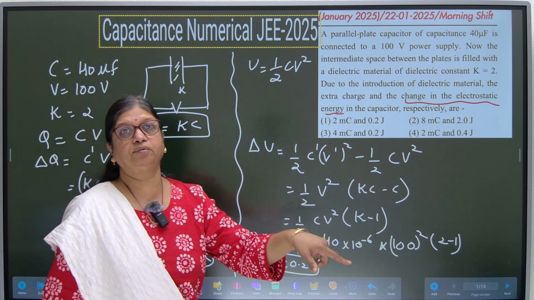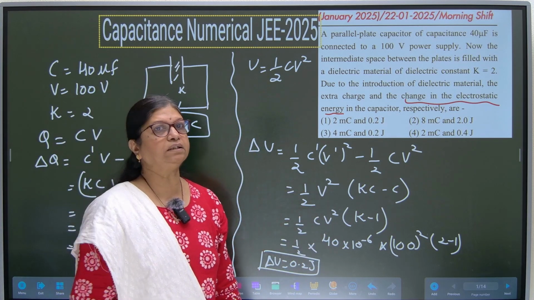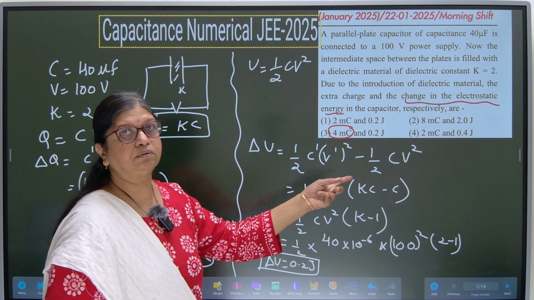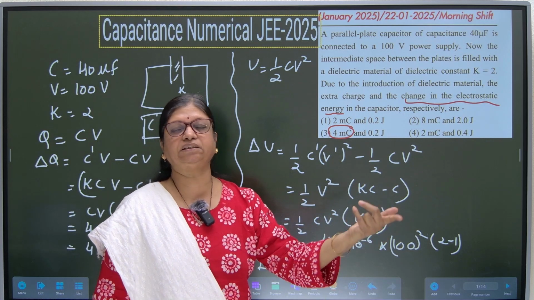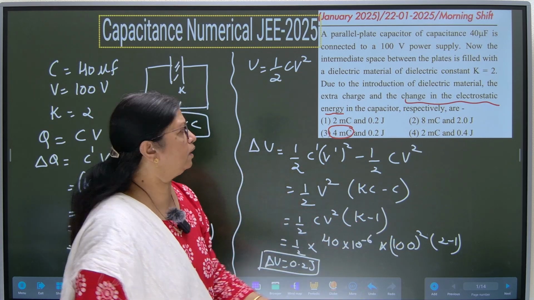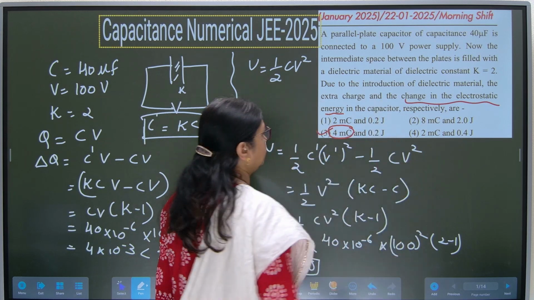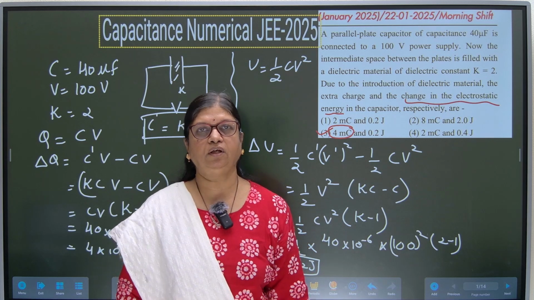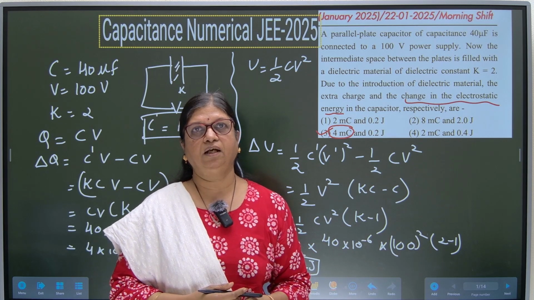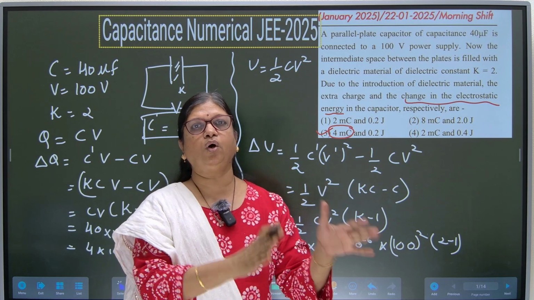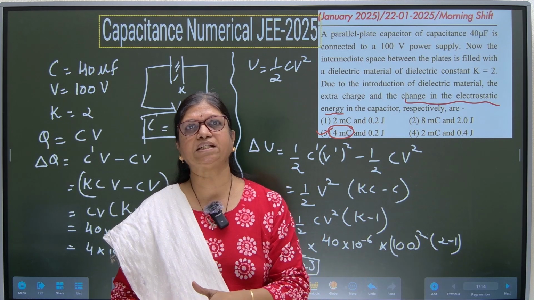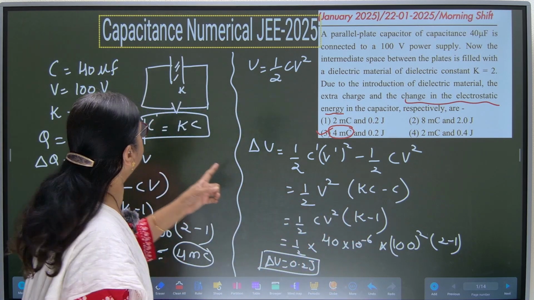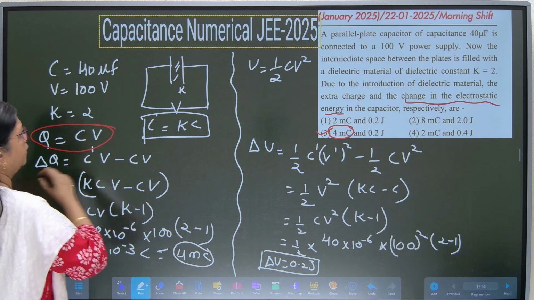So we could have ticked the answer by getting the charge correct, but we worked it out and saw whether we are getting the change in the stored energy correctly too. So our option to be chosen is option number 3. Fine. So I hope you have understood how we got this. Whenever there are such two cases, go to the two cases. They are asking you the difference. Find the difference with the formulas you know. These are the basic formulas which you should attack with.